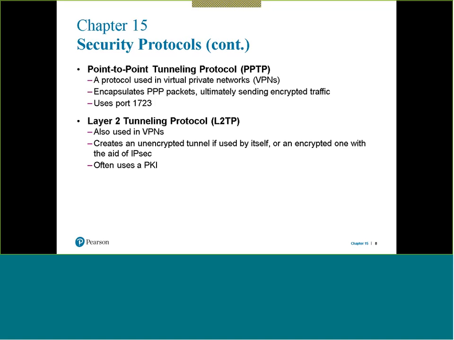Well, okay, for that to be secure, I need to encrypt that data because I'm sending it over a public network. I don't know who's reading that data on the internet between my house and here. So one way is Point-to-Point Tunneling Protocol. Point-to-point uses what's called a PPP packet, and those are unencrypted, wrapped around an encrypted protocol. It is widely thought you should not use PPTP anymore because it's not as secure as it used to be. Layer 2 Tunneling Protocol is still used. All right, OSI layer, layer 2, so what am I talking about?